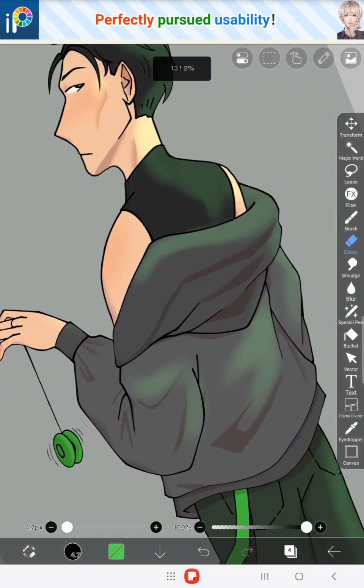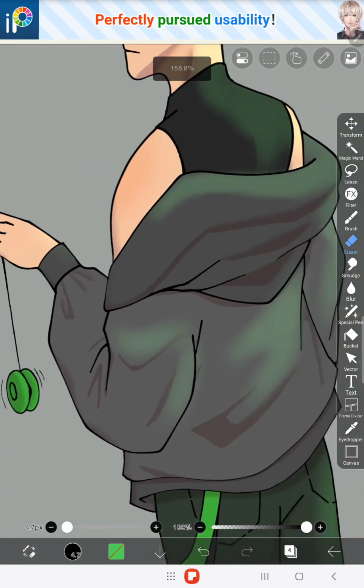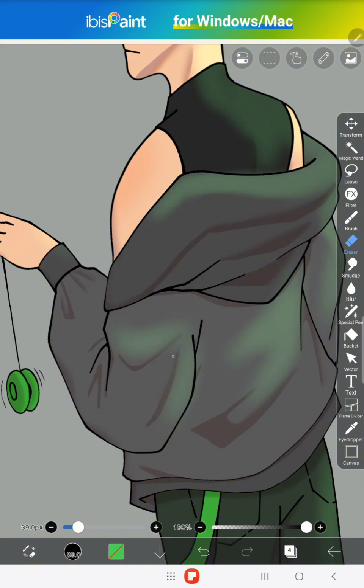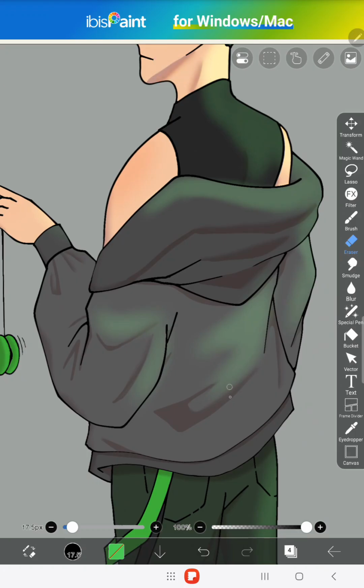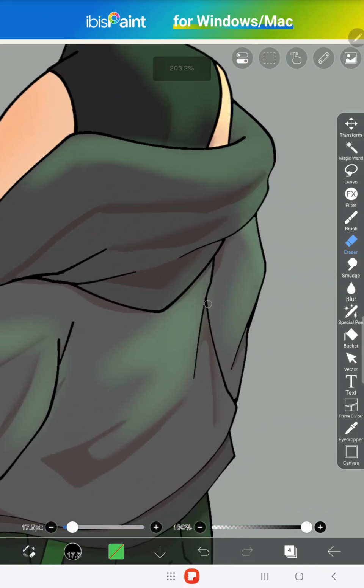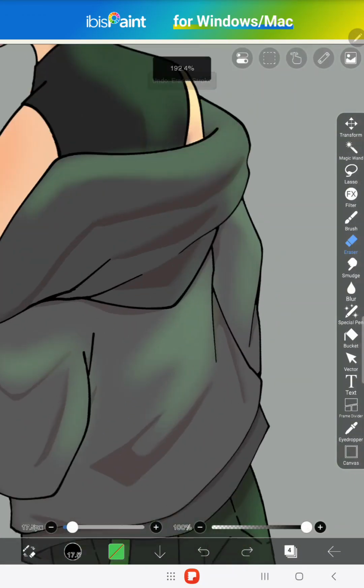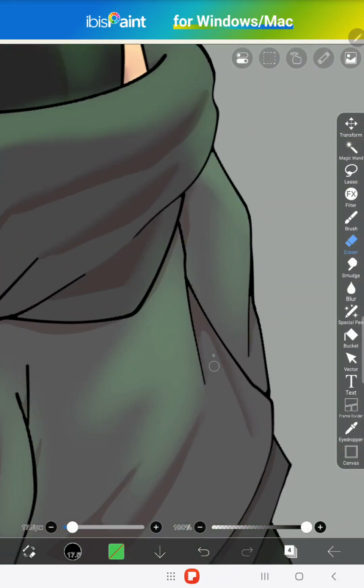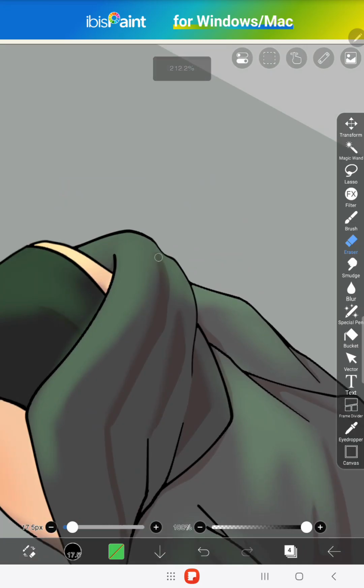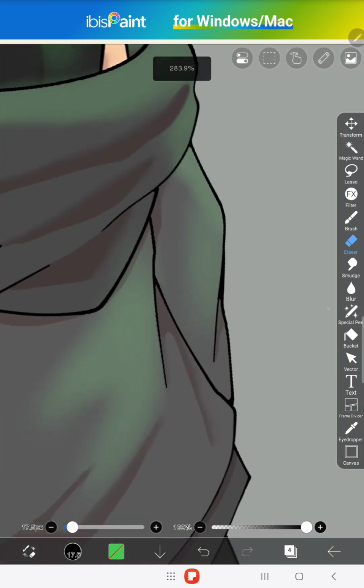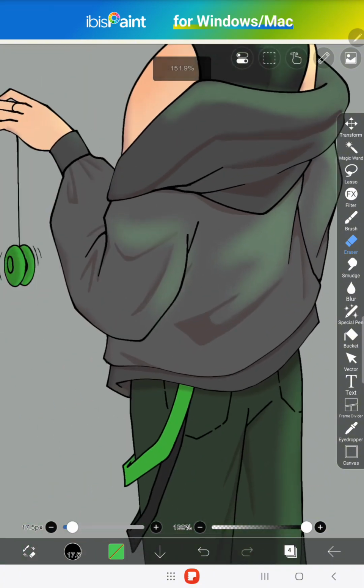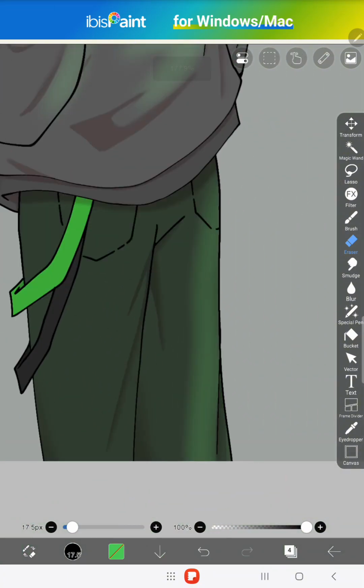Now, one thing is, light also has hard edges, a lot like shadow does. So there are a couple of places, especially where your light and your shadow kind of touch, like where I'm currently erasing, where you're going to want to erase, because you don't want those in the same general area. You want your shadows, especially if they're hard shadows, to stay nice and sharp. So you just go around, erase a couple spots that need to be erased,